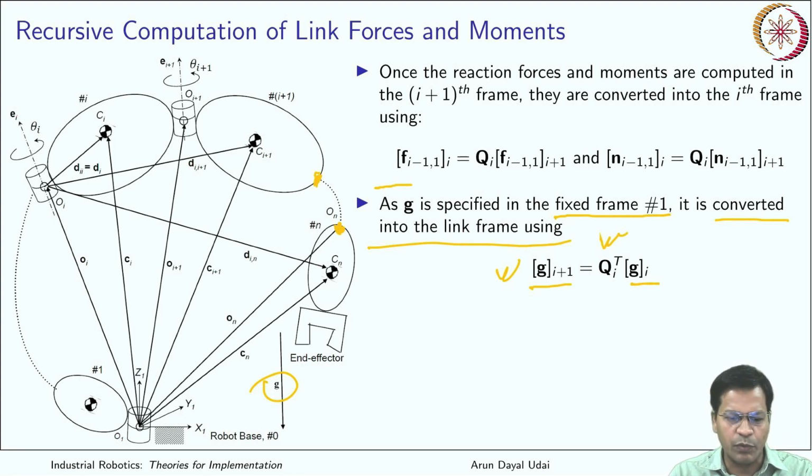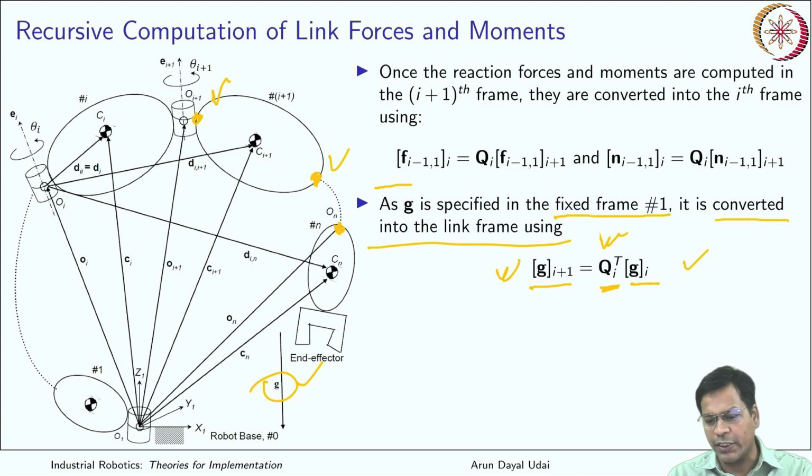Okay, you have to keep moving backwards again. So whenever you consider this frame, G should be expressed in this frame. When you consider this frame, G should be converted to this frame. So whatever, again G also should be compatible to be added and subtracted. Okay, so everything should be in the same frame. So that is the reason I am using this, and Qi is well known. This is nothing but